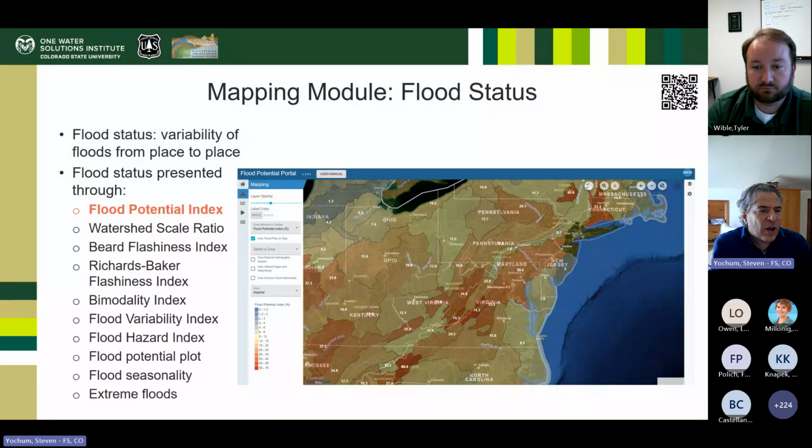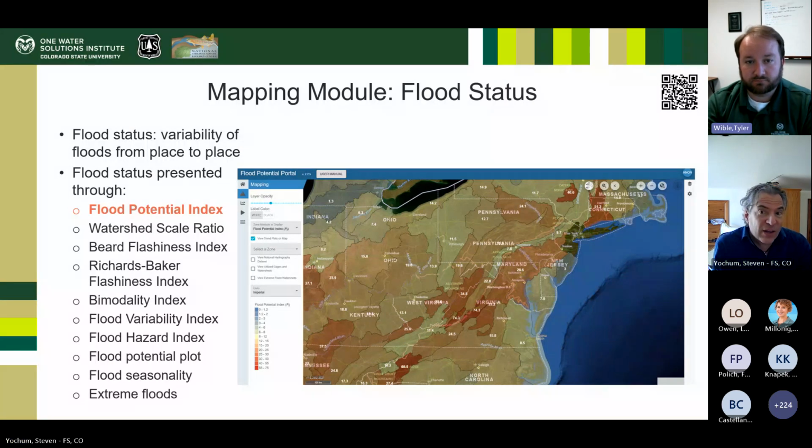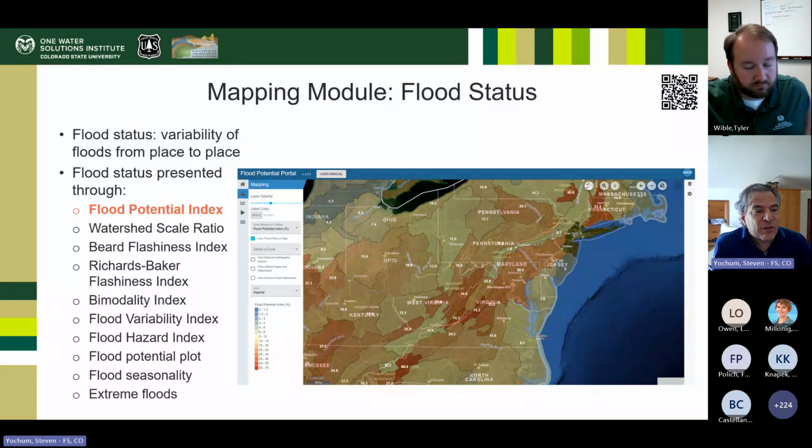Here in the Midwest, we have actually the highest flood potential in the contiguous United States. Flood potential is actually higher in the tropics than in the contiguous United States. So the highest flood potential is actually in Virginia, around Charlottesville, with a flood potential index of 74.3. One of the highest flood potentials in the United States is in Western North Carolina, which in September of 2024,